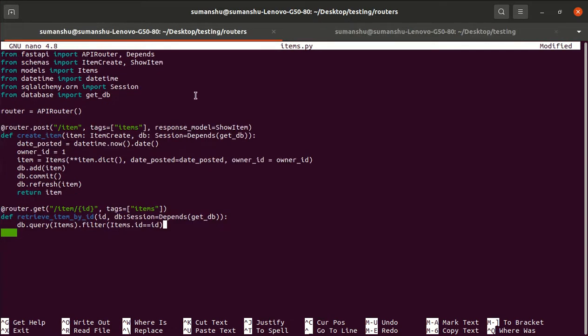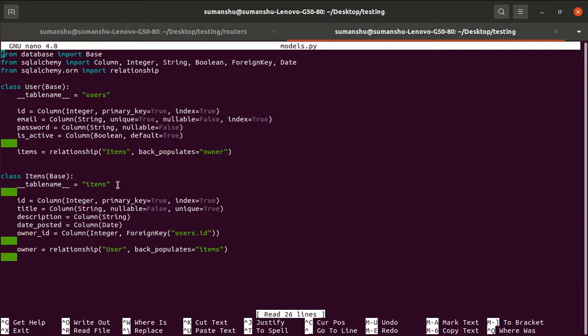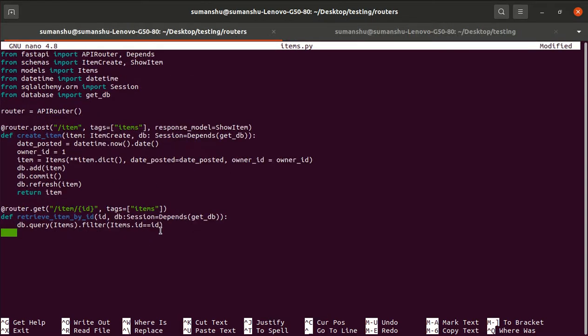But just in case the ID is not the primary key, then there could be a duplicate ID, so you can use the first function along with that, which just fetches the first top row. But as of now ID is the primary key, so only one ID exists.